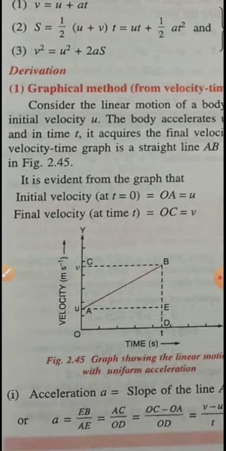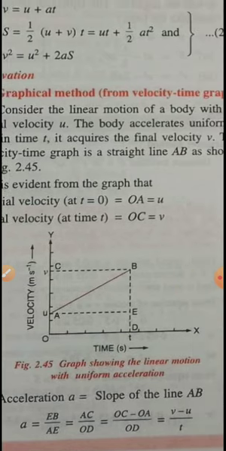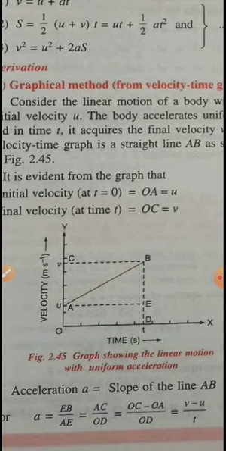So look at your graph. First let me explain your graph. Your graph consists of uniform acceleration, as I told you, so it should be a velocity-time graph, with velocity along your y-axis and time along your x-axis. Till OU it is the initial velocity, and after that it starts to change its velocity, and since it starts to change, it is producing a uniform acceleration.